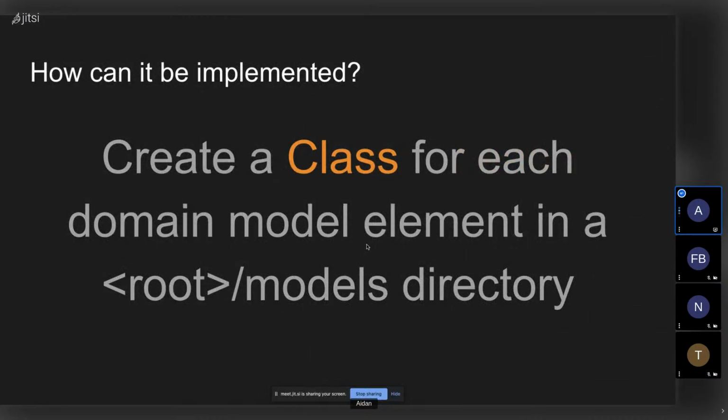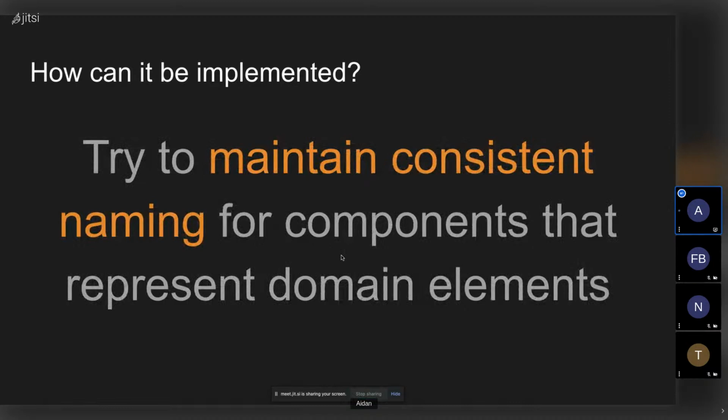The second is, now that you've got your models, you've got those names, try your very best, and it's going to be hard. It's going to be very hard, but try your very best to maintain consistent naming for components, for functions, for Redux stores, for context, anything that has to do with your domain model. Try and name it so that the name corresponds with the things in your domain model.